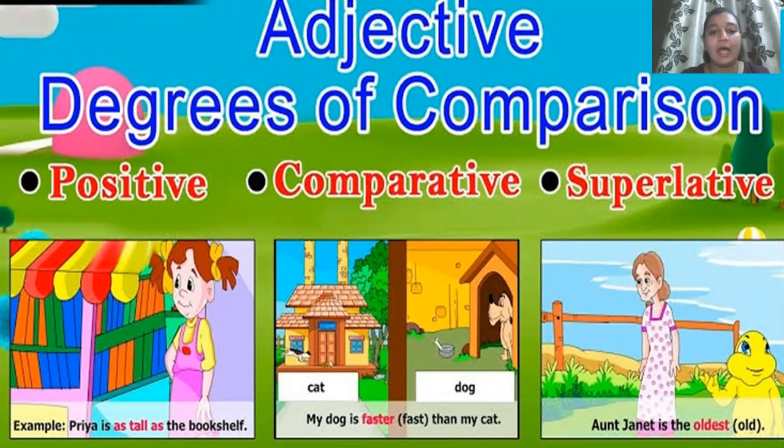And in that case, how do we use the adjective? We use the adjective along with the word as before and after it. As you can see in the example on the screen here, Priya is as tall as the bookshelf. That means Priya और bookshelf की height में ज़्यादा फर्क नहीं है. दोनों की height is completely same. That is why we are using the adjective along with the word as before and after it in order to show equal comparison, that Priya's as well as the bookshelf's height is same, is equal. But when we are not comparing anything, we are just describing the good or the bad quality of any person or thing, we use the adjective in a very common or normal way.